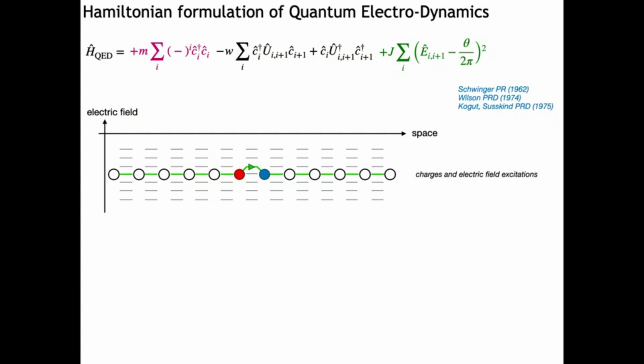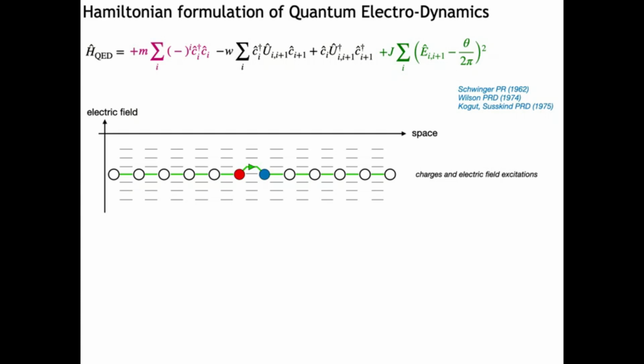In particular, gauge invariance in this one-dimensional context is nothing but the Gauss law. So the electric field increases as we cross a positive charge and decreases as we cross a negative charge. So the divergence, which is the derivative in 1D, right, is equal to the charge content on the site between the two